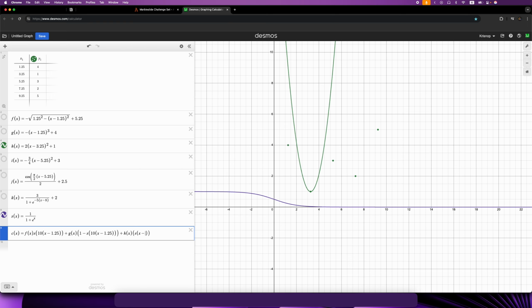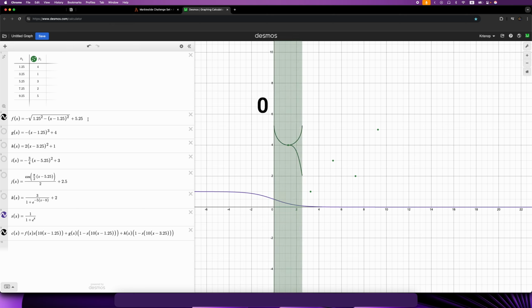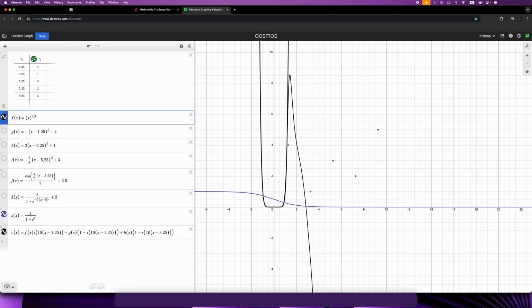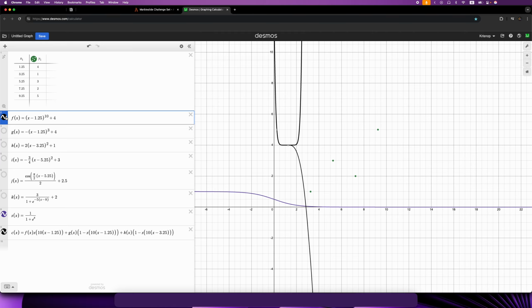When I attempted to add h of x into c of x, the curve stopped continuing after 2.5. The issue was that the domain of f of x was the closed interval 0 to 2.5. That explained the cutoff. To fix this, I replaced it with a simpler function, quantity x minus 1.25 to the